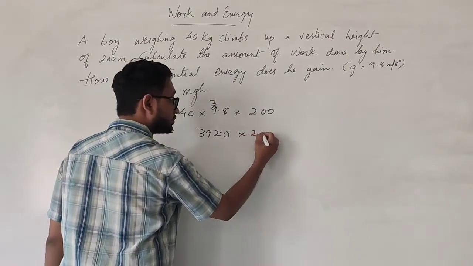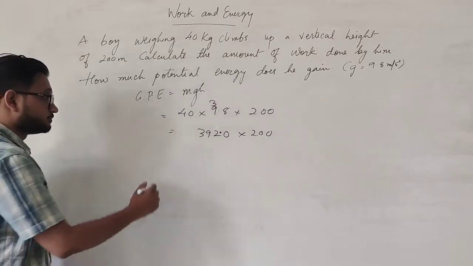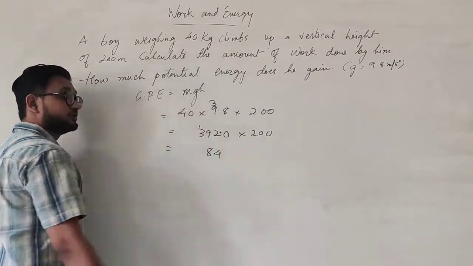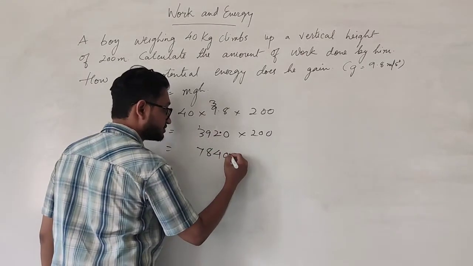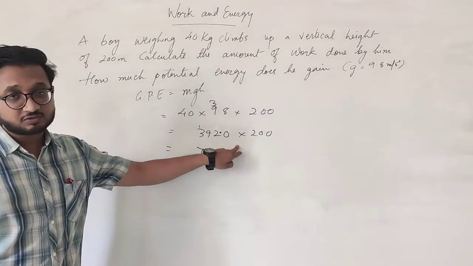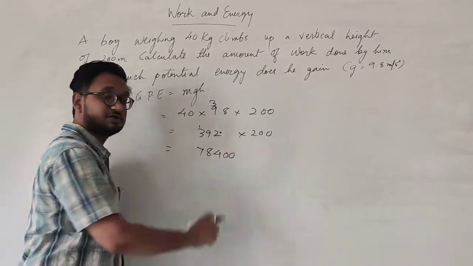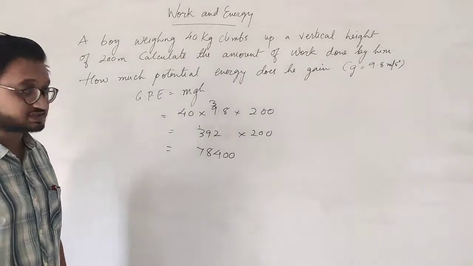So I multiplied first. This becomes 2 2 4 2 9 18 1 2 3 6 and 1 7 plus 2 zeros. Okay, so now because this is 392, we don't need to multiply this decimal point and this 0, because the 0 is after the decimal point. So this can be taken as 392 itself.